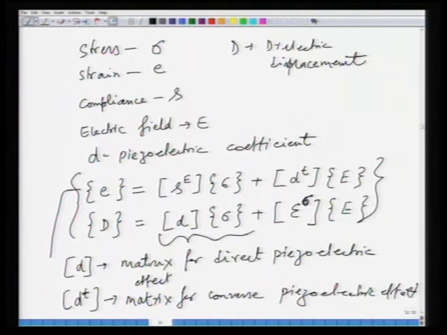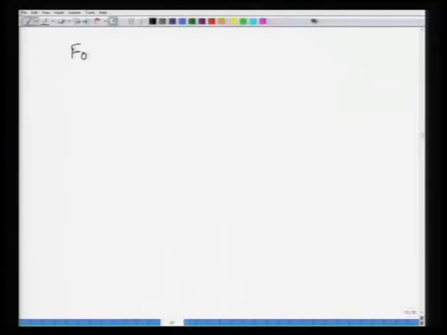So, basically this would be your converse piezoelectric effect, and this is your direct piezoelectric effect. All right. Now, based on this you have a variety of piezoelectric coefficients as well, and in total there are 4 piezoelectric coefficients because of this vector notation. So, you have 4 piezoelectric coefficients,